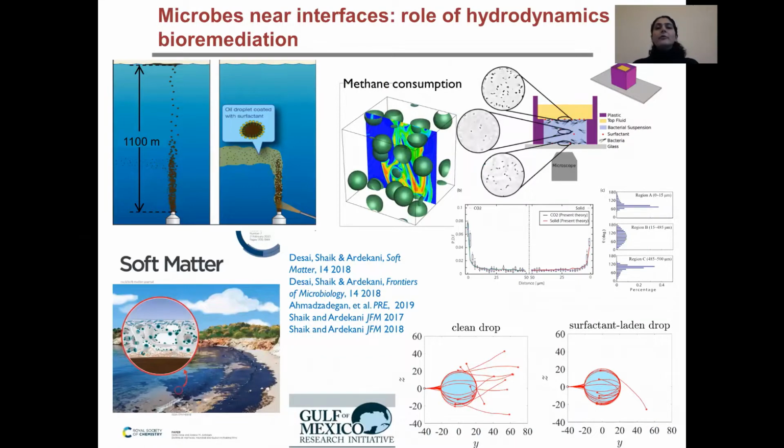We also look at microbes and how they interact with their surrounding environment. One of the reasons we are looking at this problem is that microbes are our first respondents in terms of bioremediation after oil spills. Like in the Deepwater Horizon oil spill, microbial blooms formed, and also millions of barrels of surfactants were dispersed. So what we look at is how microbes interact with these oils and petroleum, and how surfactants modify these processes so that in future spills, better decisions can be made.